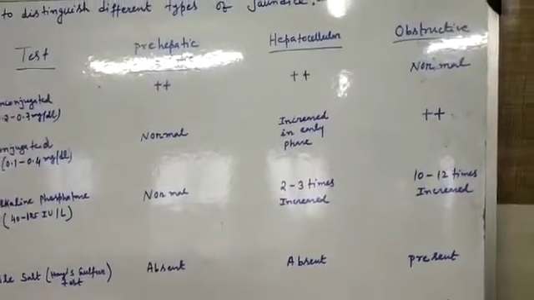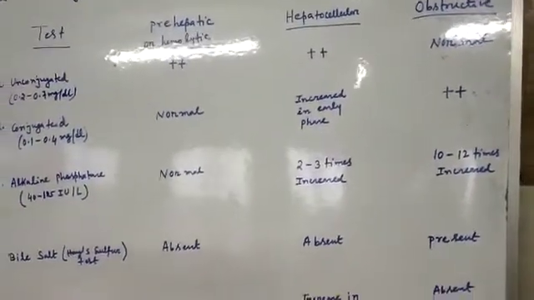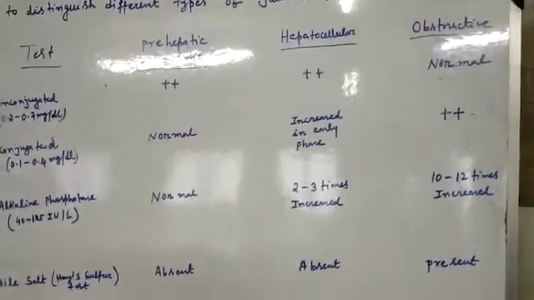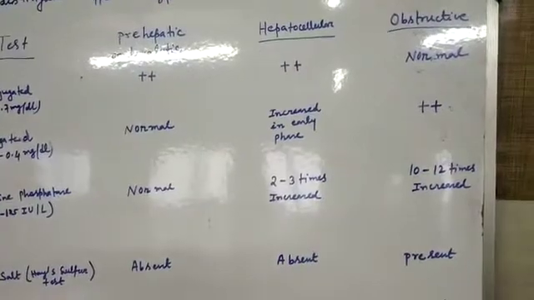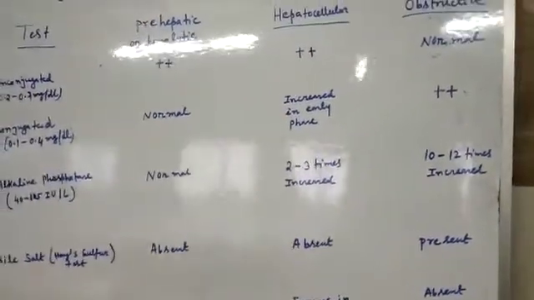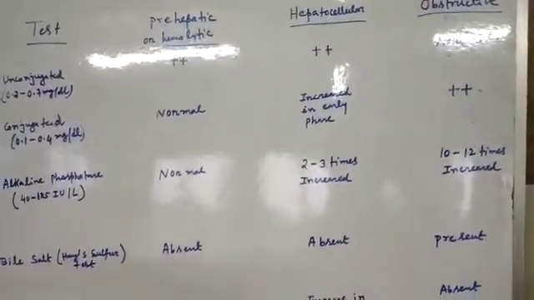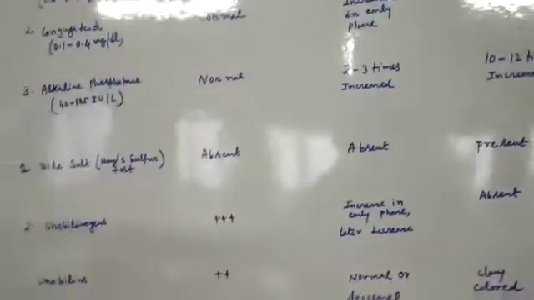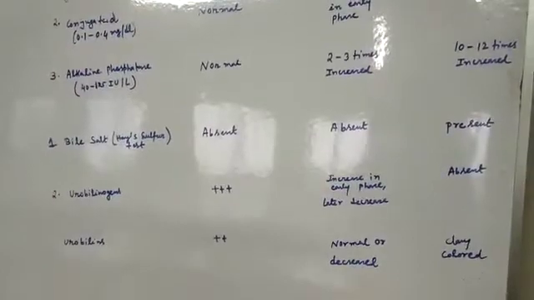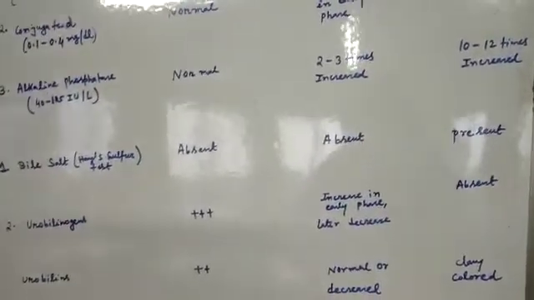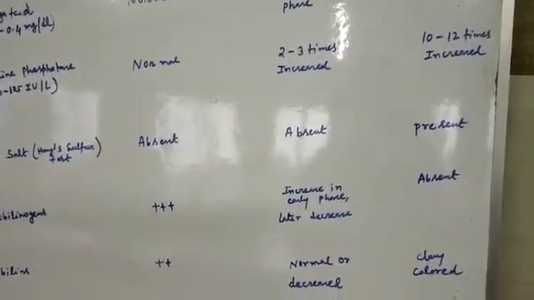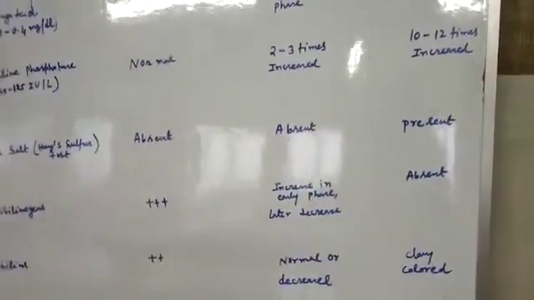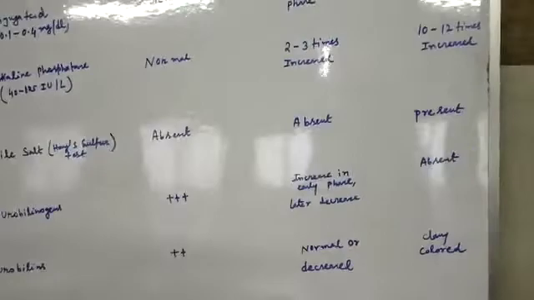In the previous two types of jaundice, bile salt in urine or Hay's sulfur test was negative, but in case of obstructive jaundice, it will be present. Urobilinogens absent in urine and urobilins again absent in stool. So, the color of the stool in case of obstructive jaundice will be clay colored, and that is characteristic for obstructive jaundice.